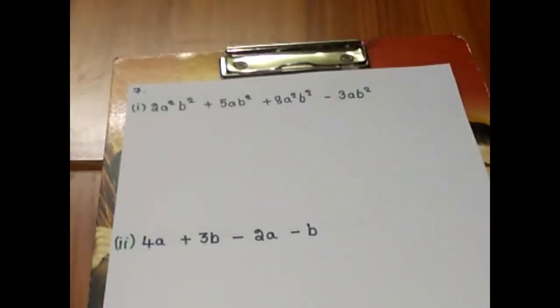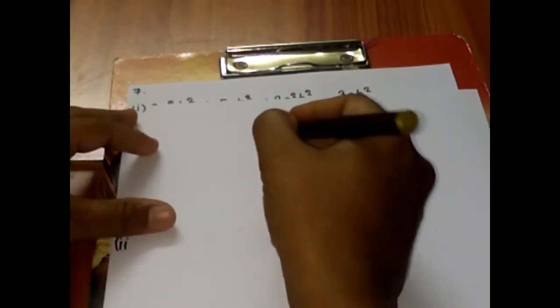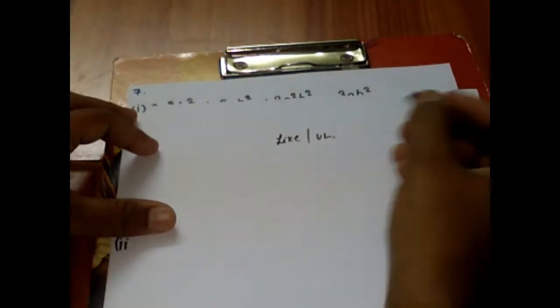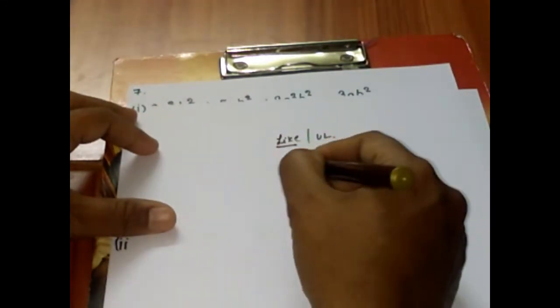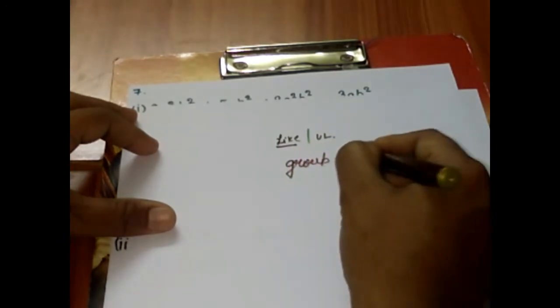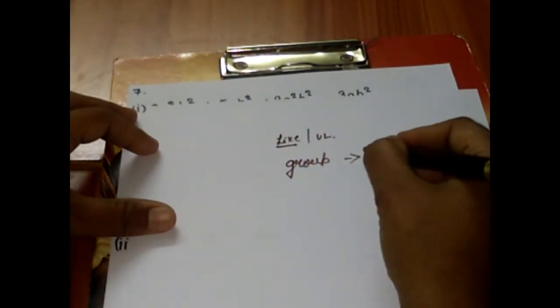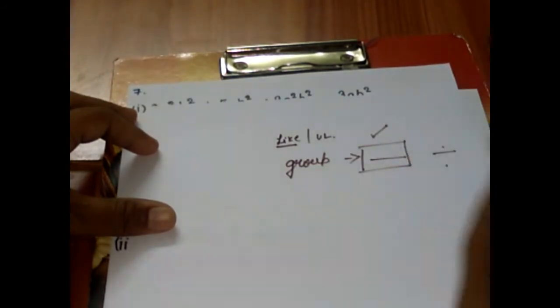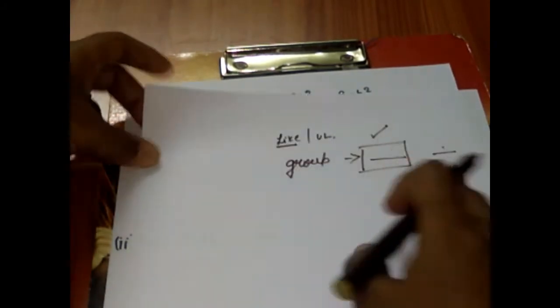Let's move on to the last main of this exercise, that is simplify. So look at the question carefully. Before doing the simplification, what we need to do? First let's discuss what are the steps to be followed. The first step is just check whether the given terms are like or unlike. If you do not have all the given terms like, then start grouping the like terms. Then addition and subtraction can be done with the like terms and keep the unlike terms as it is. Okay, keep these points in mind.